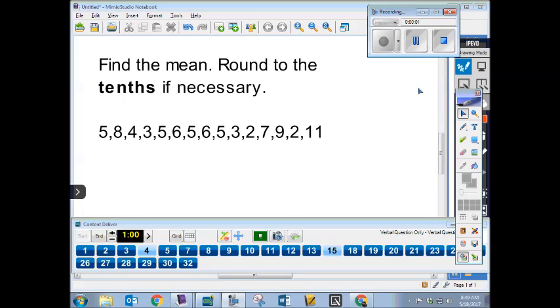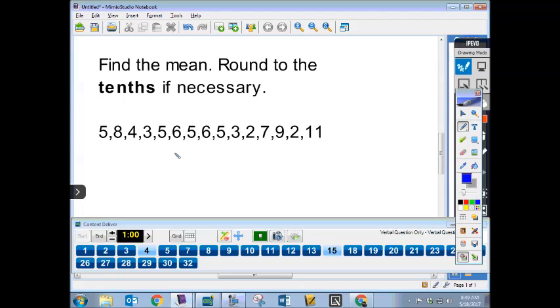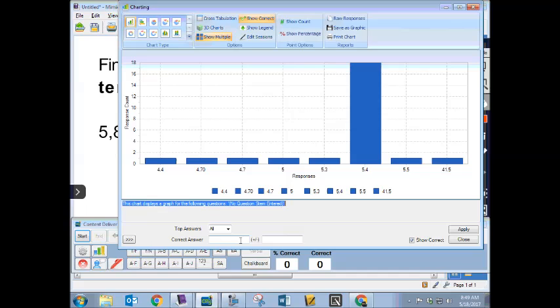Okay, so the first question here is just a mean question, right? You have to know how to find mean. We've been doing it all year, so I don't think this should be too difficult. You have to add these up. Now, when I hit end here, you're going to see that there's actually a decent variety of answers here, which